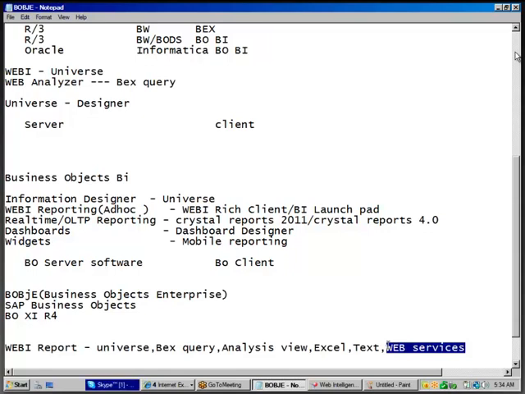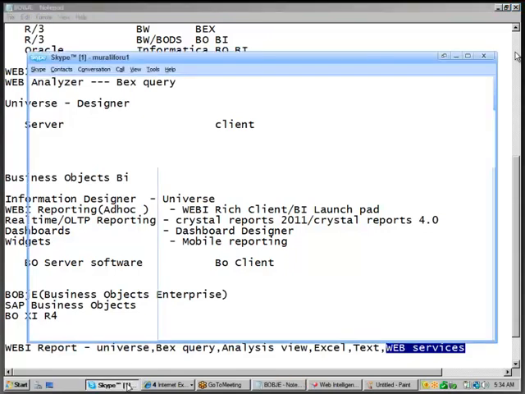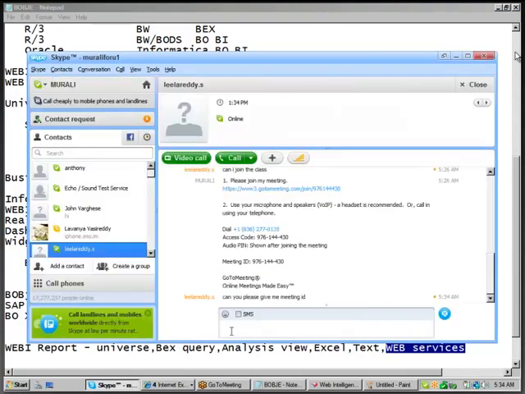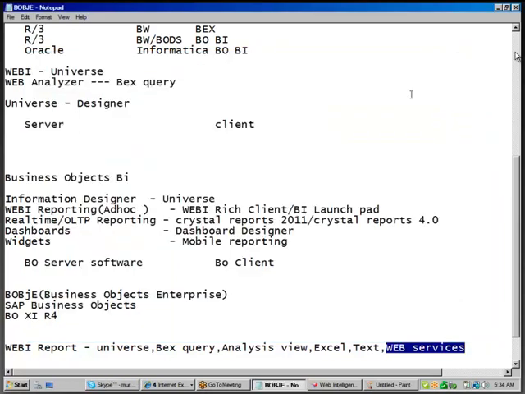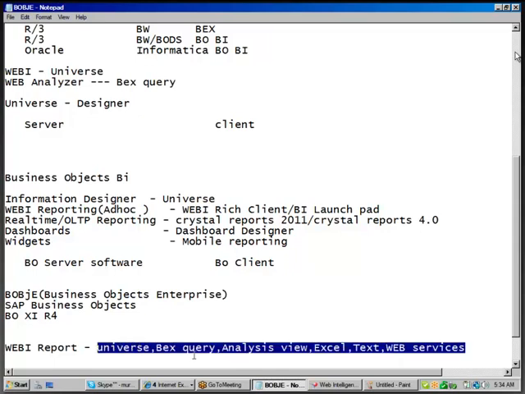Sometimes they'll give us one URL and ask us to create a report on top of that URL. Yes, still you can create. That means you have a lot of flexibility now. You can create a WebI report on top of any data source available here.